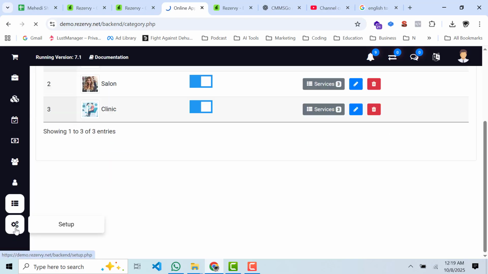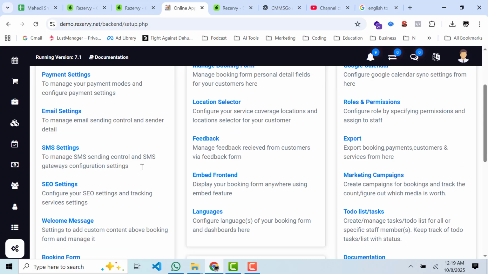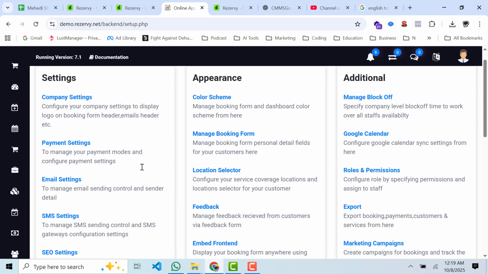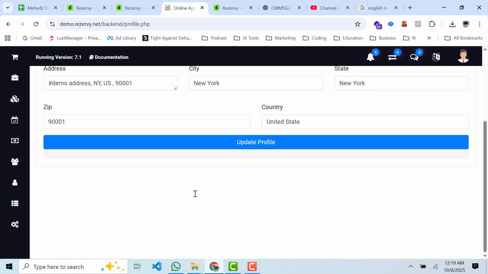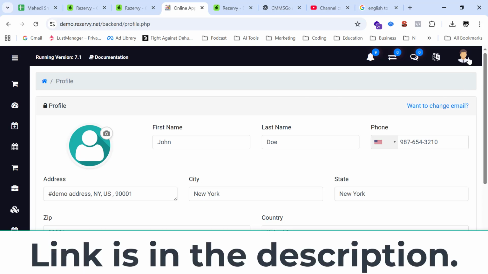Then setup, you can set up so many functions in here. Then notified and message, language, profile, you can customize your profile and you can change your password and